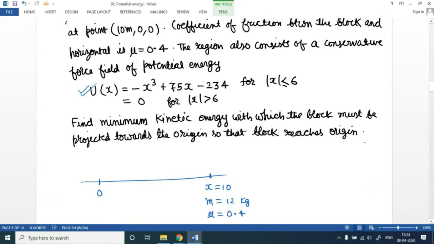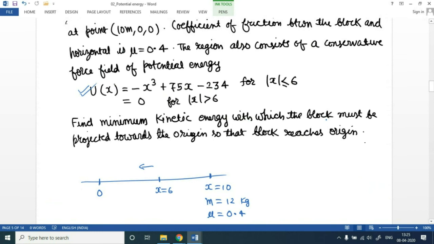And that is for mod x less than 6. So what we can say over here is that the potential energy, the conservative field, is only in the region for x less than or equal to 6, and it is absent in the region beyond x equal to 6. So that is given to us, and what we have to do is find the minimum kinetic energy